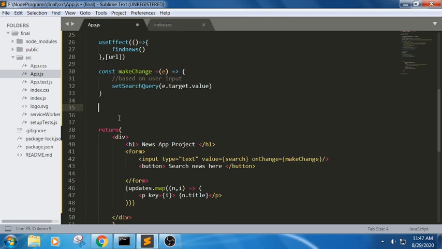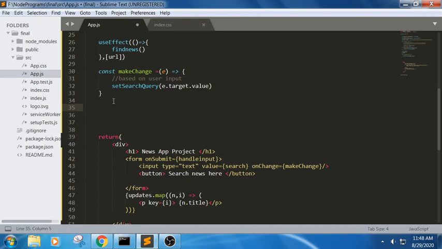Here I am trying to define an event, onSubmit equals handleInput. So you should be able to define this handleInput here. When the button is clicked, handleInput gets activated.